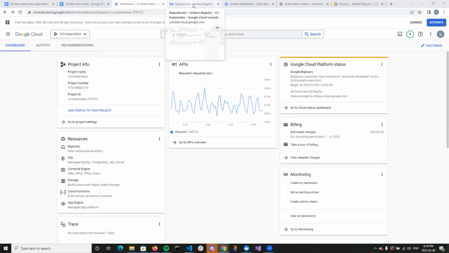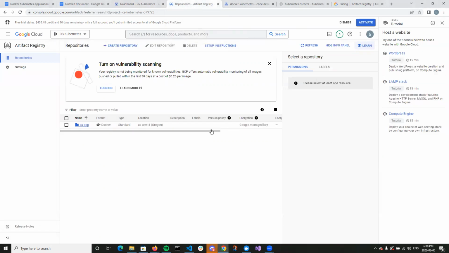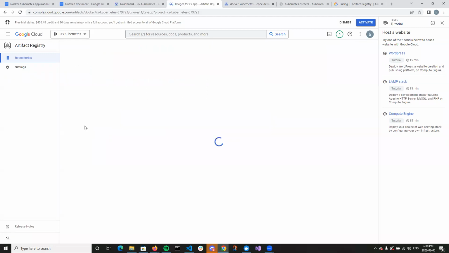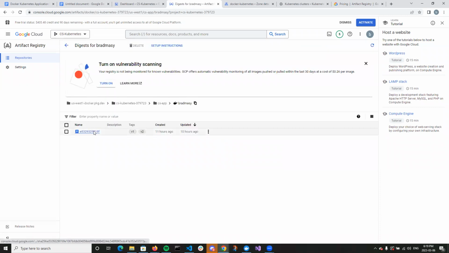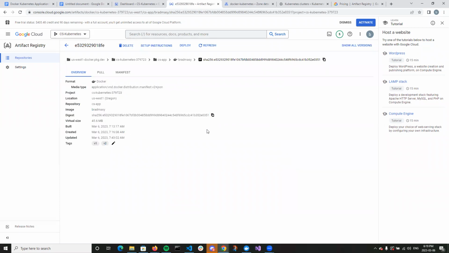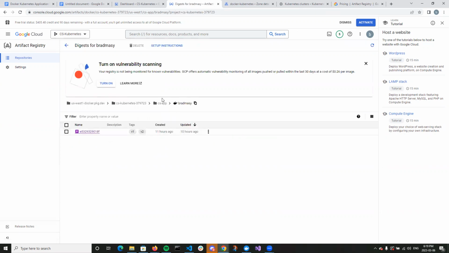First off, I'll go into the Artifact Registry because this is actually our image. What we do is build our image through Google Cloud, off their command line. You can see it's named after me here, and this holds everything. This is our container ID that we've gotten through the image. This is the location in which it's being hosted so that we can access it. We're working out of US West 1 in Oregon for our server and hosting. Not too much going on here. I've done two tags, so I've built it twice throughout.